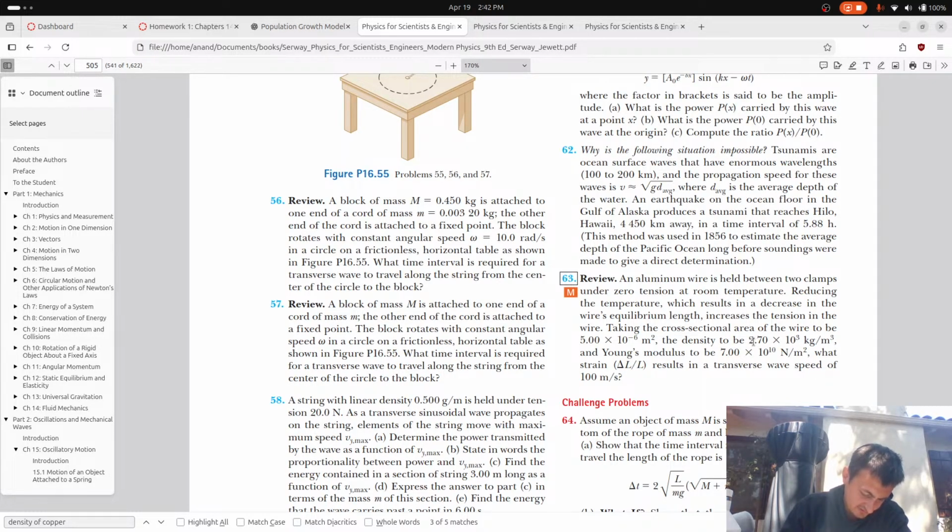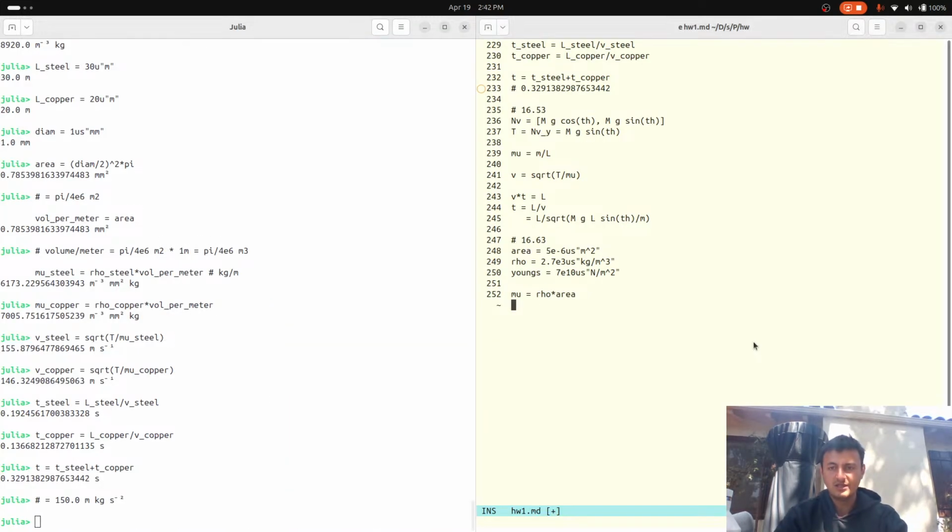Okay, so F is equal to A times strain times Y. And that's going to be in, so A is meters squared times strain, which is unitless, times Young's modulus, which is in newtons per meter squared. So yeah, it's a force. So that's good to check. All right, so basically what we're going to get here is,